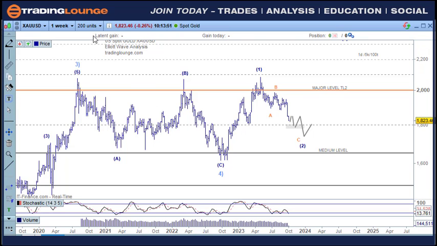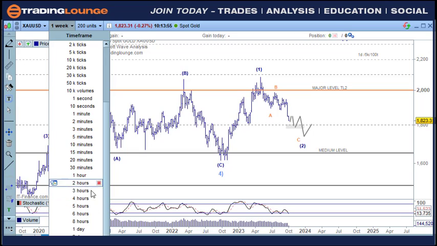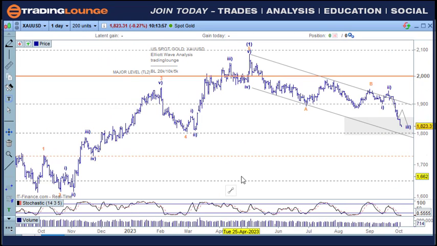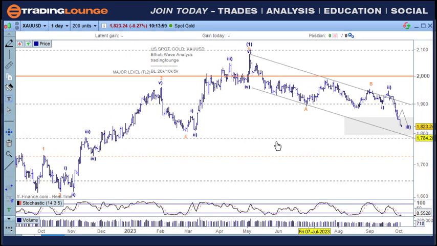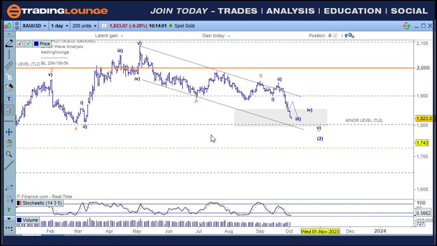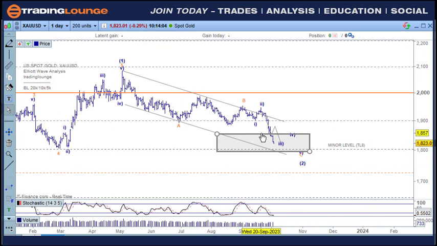So let's go into the, it's a weekly chart, so let's just go to the daily chart here. And this is the 50% and the 61.8% here. So I'm sort of focused on the 62 and 65%, which is probably about there somewhere. Not that it's a big deal. This number here is really quite important as a minor trading level.